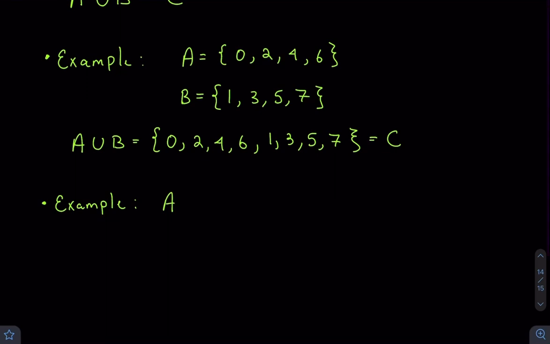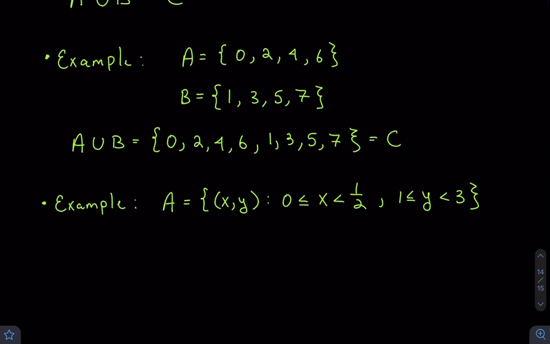If I had a set A that was a two-dimensional set containing the points x and y, such that x was between 0 and 1/2, and y was between 1 and 3, and I had a set B which contained all the points x, y such that x was between 1/2, including 1/2, up to 1, and y started at 3 and went up to 4,